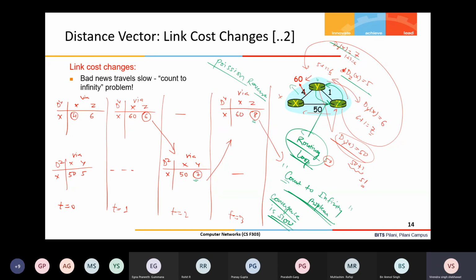Similarly, a loop can be formed between three nodes also, and then it will be more severe, more complicated, and difficult to detect. But for two node loops, think over how this situation, which is occurring at present, can be avoided. Poison reverse is one solution, and another solution is called split horizon. These two solutions we will discuss in the next class.